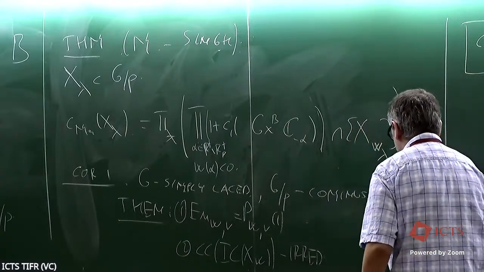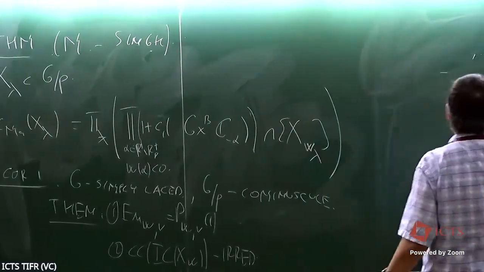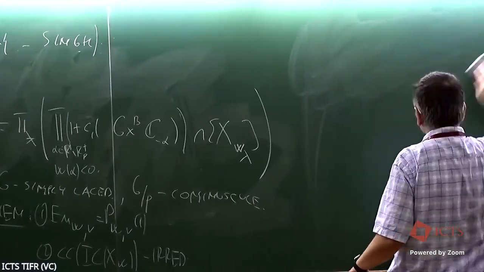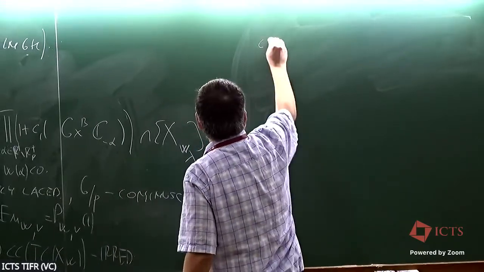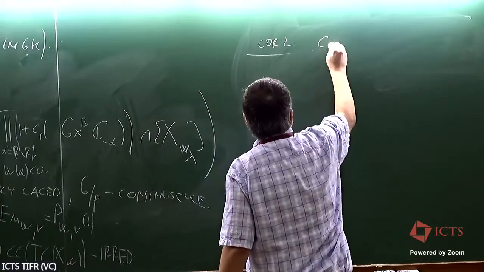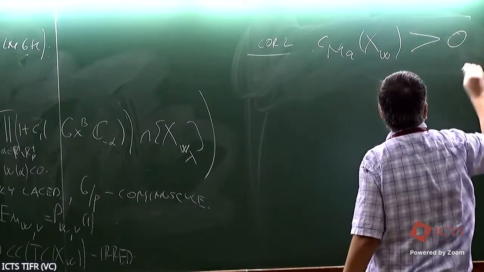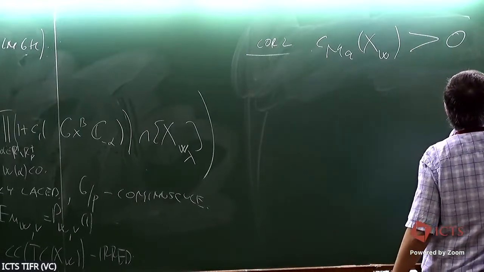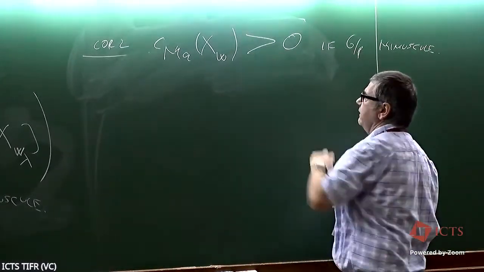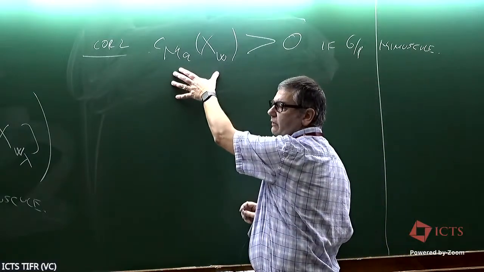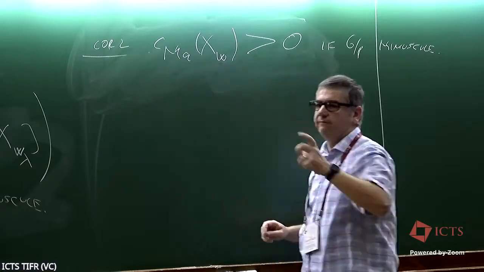The second corollary that I'm going to mention super fast is that once you say that the local Euler obstructions are equal to the Kazhdan-Lusztig polynomials, you know that they are positive because you evaluate them at 1. So this is corollary 2. This implies that the mother class of the Schubert variety is in fact an effective class if G mod P is minuscule. And it's not just effective, it's strongly effective in the sense that if you expand this class in terms of Schubert varieties, each Schubert subvariety that should appear here does appear with a positive multiplicity.